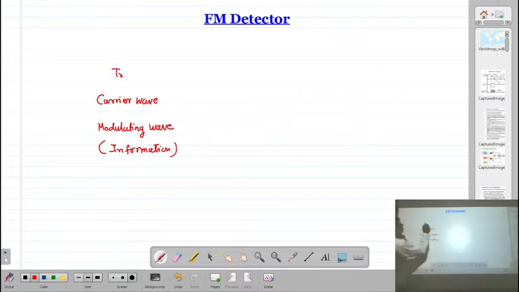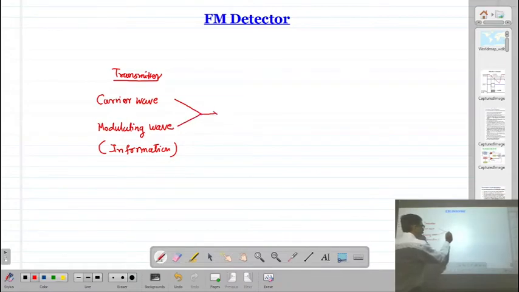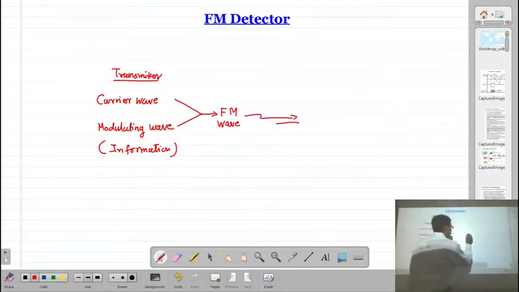when you are talking about this, the transmitter performs the process of modulation. The carrier wave and your modulating signal are combined, producing the modulated wave. In our case, suppose it is generating an FM wave, and this FM wave is given to the antenna. So this signal will be radiated into the air, and it goes to a far distance.